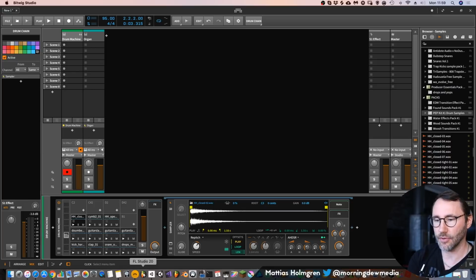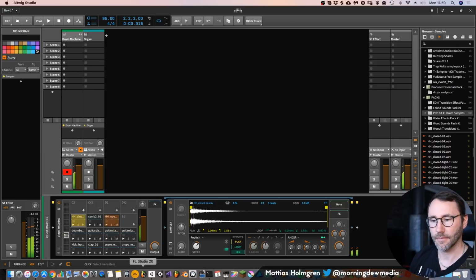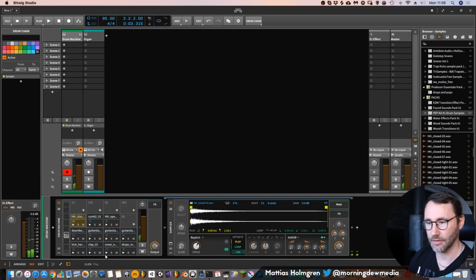And that means that if we play, it will choke the open hi-hat. Yeah, so that's choking groups. Very easily done here in Bitwig Studio.